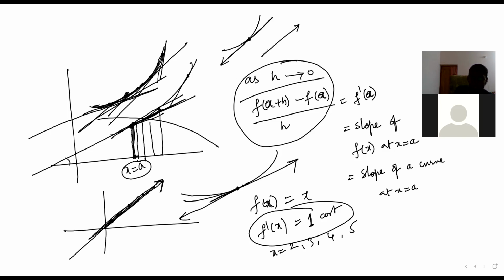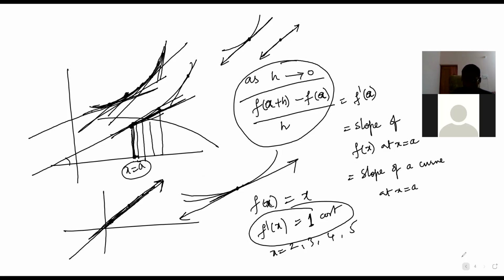For this line, what is the tangent at this point? That line itself. So here, you can use the slope to find out whether the curve is increasing or decreasing. And not only that, there are many practical problems. A particle is moving on a curve, so whether it is increasing its speed or decreasing its speed, there will be many applications.